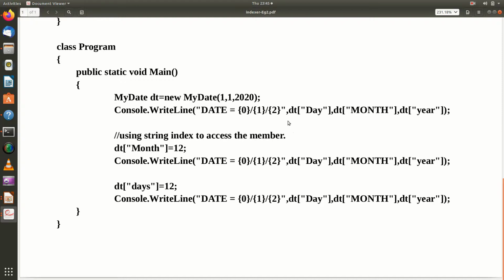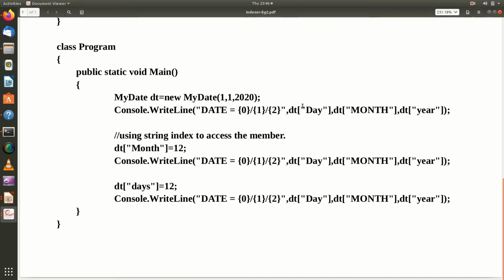When I am displaying the date, observe what I have done. I want to display a message called date, and I want to display the date in this particular format, day/month/year. So how do you access the values for this? I am using the object name and the array access operator, and I pass a string as an index.